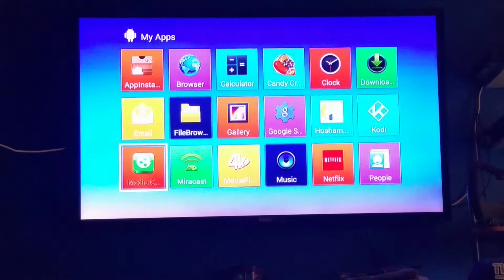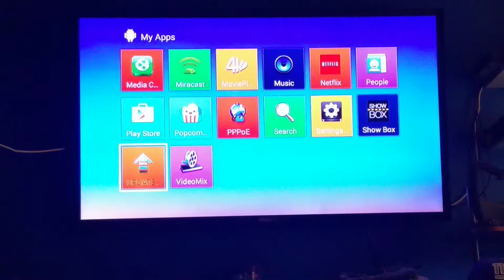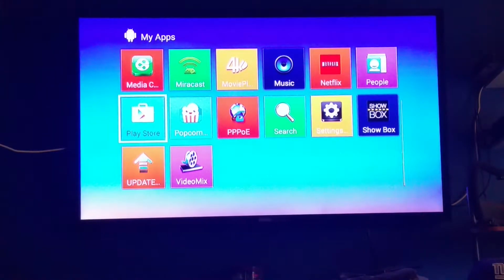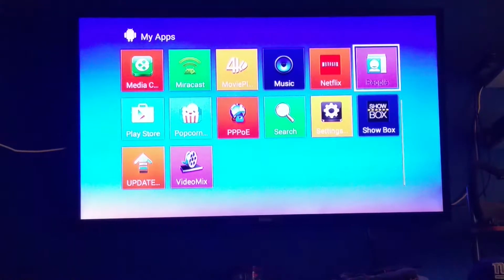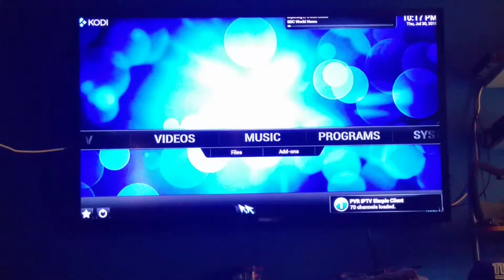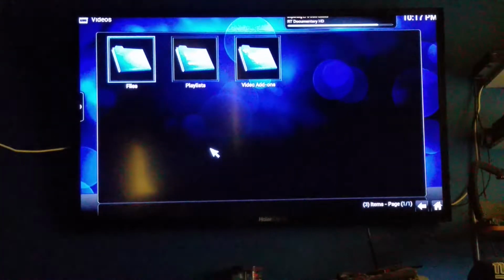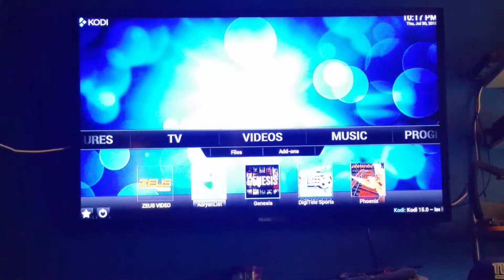This does support up to 64 gigabytes. So if you're going to get a memory card, you can max it out at 64 if you're going to add a lot of stuff on here. Like I said, having the Play Store is a big feature. But most of the people on here are going to use this for movies, TV shows and stuff like that. It is all clear. It's pretty good.